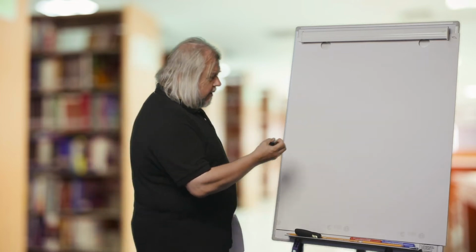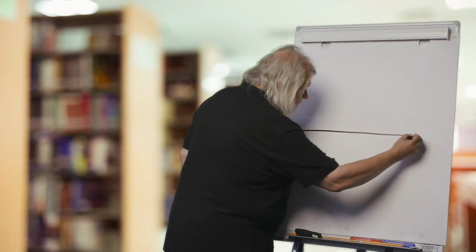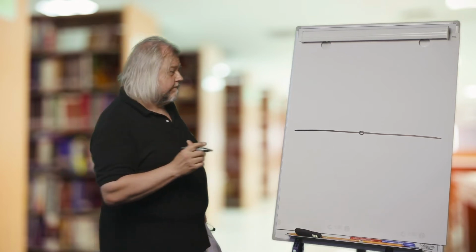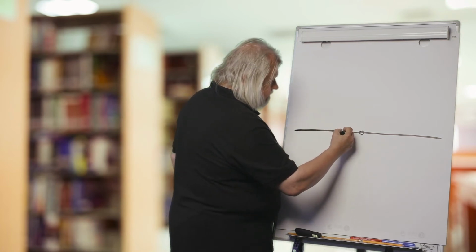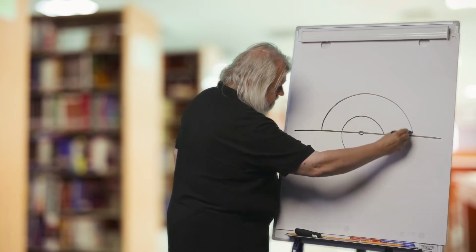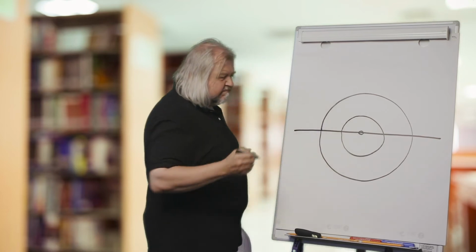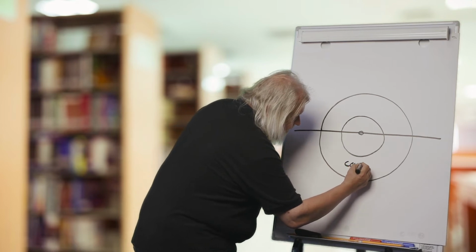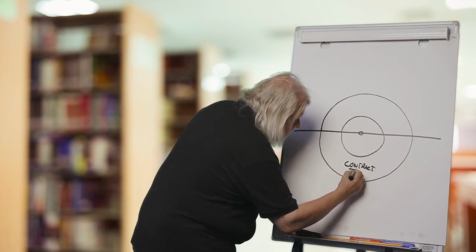So I will draw you a picture, which is about the relationship between the contract scope and contract scope definition and the contract type. So we have here contract type,